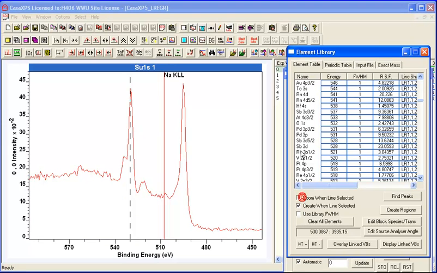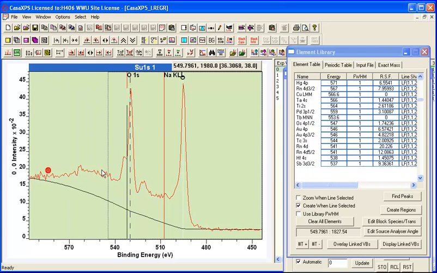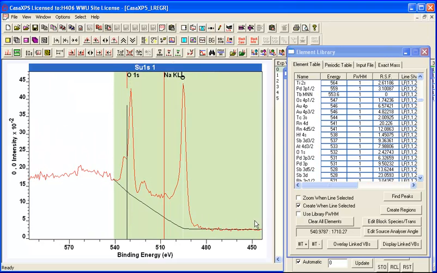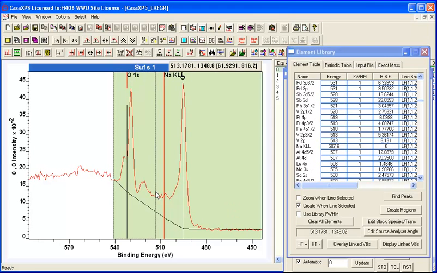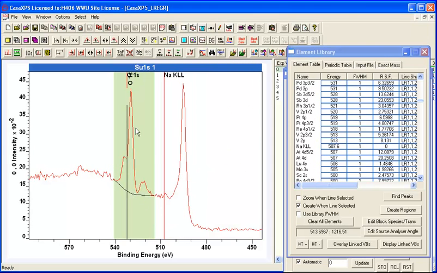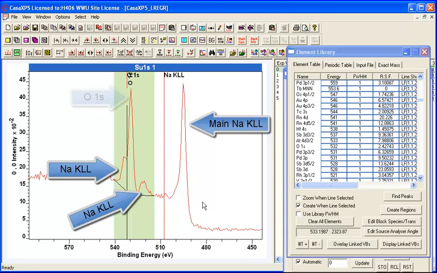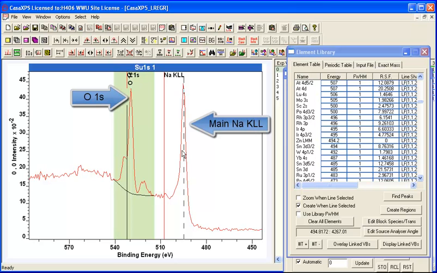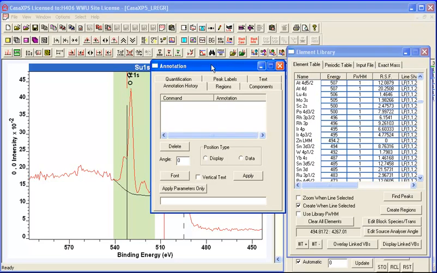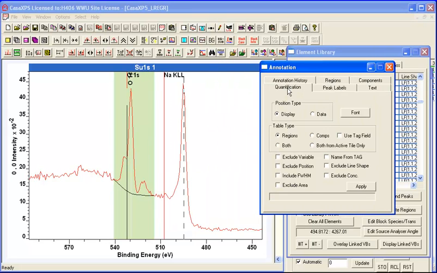I won't zoom this time because I've zoomed in, and what I'm going to do is create a region that, unfortunately for the oxygen, includes structures here and here which are related to this sodium Auger. So although I've now got 3 regions, and if I put up a quantification report,